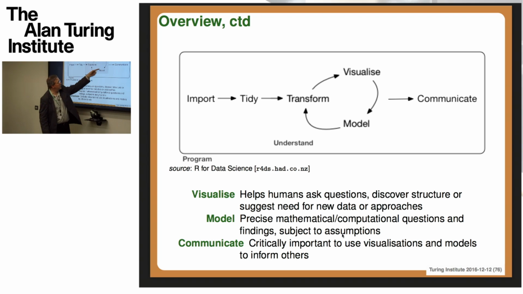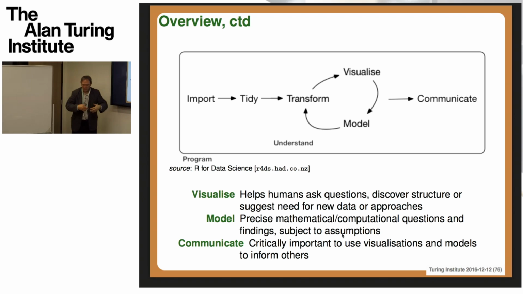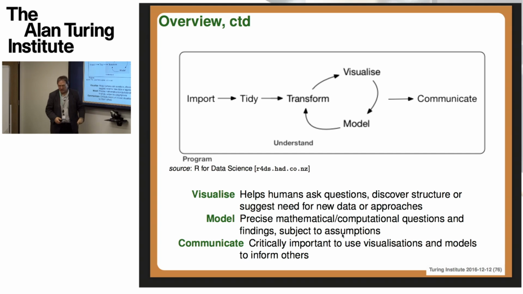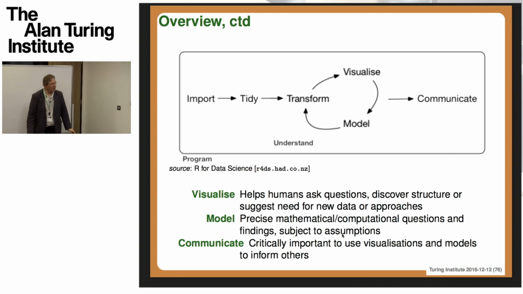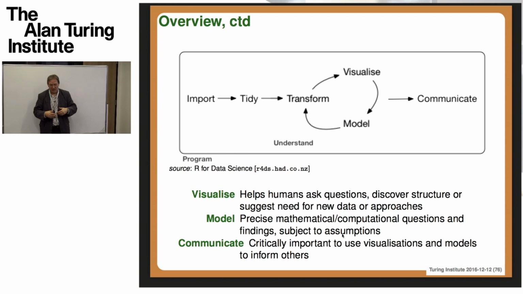And so there's this virtuous circle of transforming the data in various ways, producing visualizations which then spur you to look at other models. And the purpose of all that is not just to use up CPU cycles and play with R, but actually to communicate our thoughts and our findings about use of data, be that in pictorial form with the graphics or the precise mathematical modelling activities we've done, and then communicate those things. So this is where I think RStudio is quite good in having these notebooks, which make it very convenient to package all this up together and then hand it off as a report. So I think that's very important.